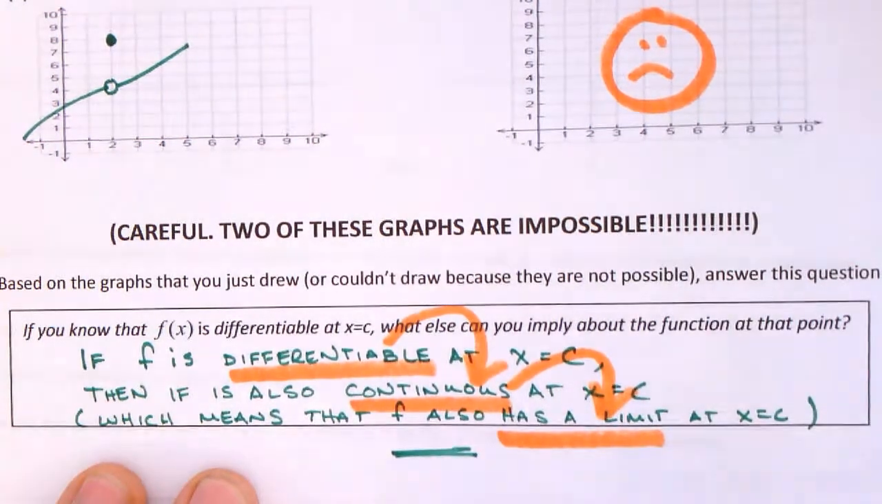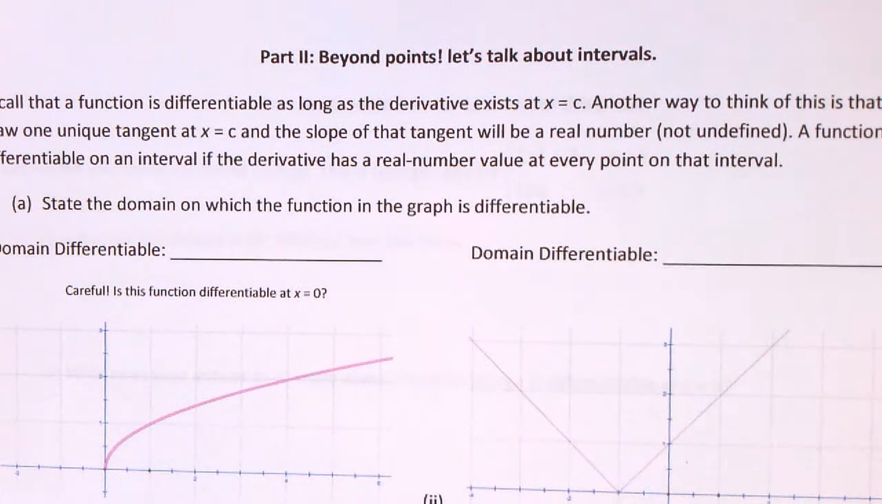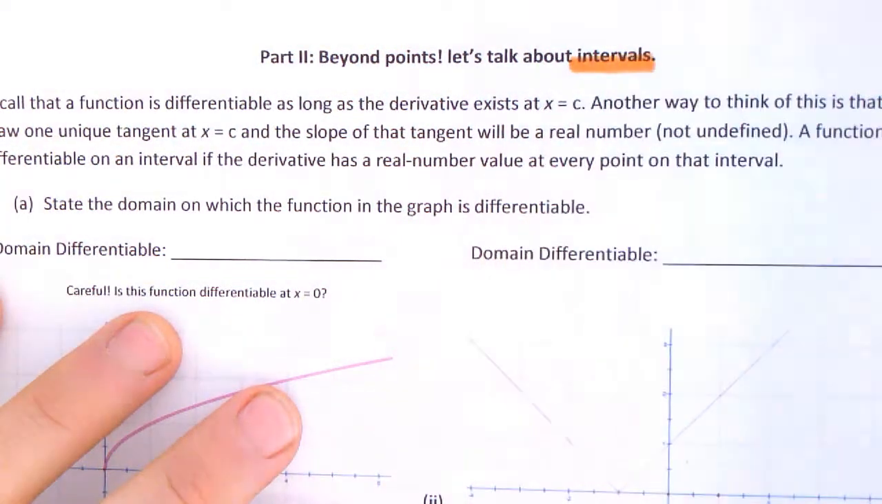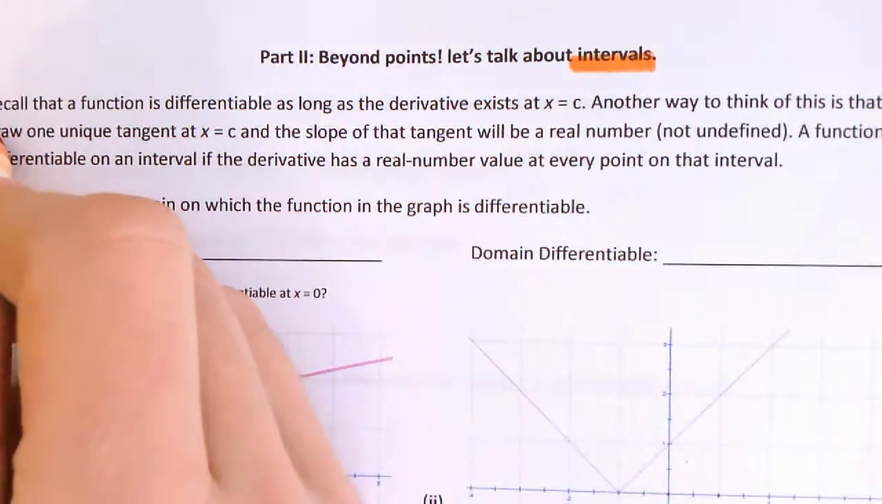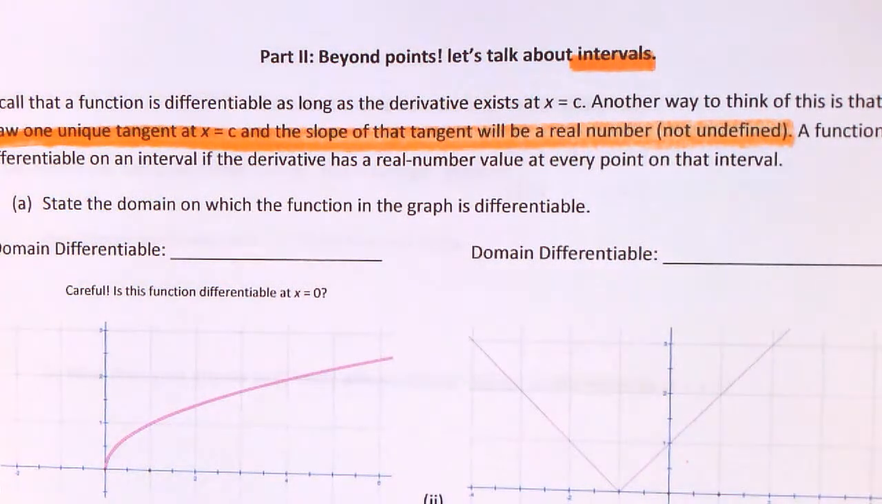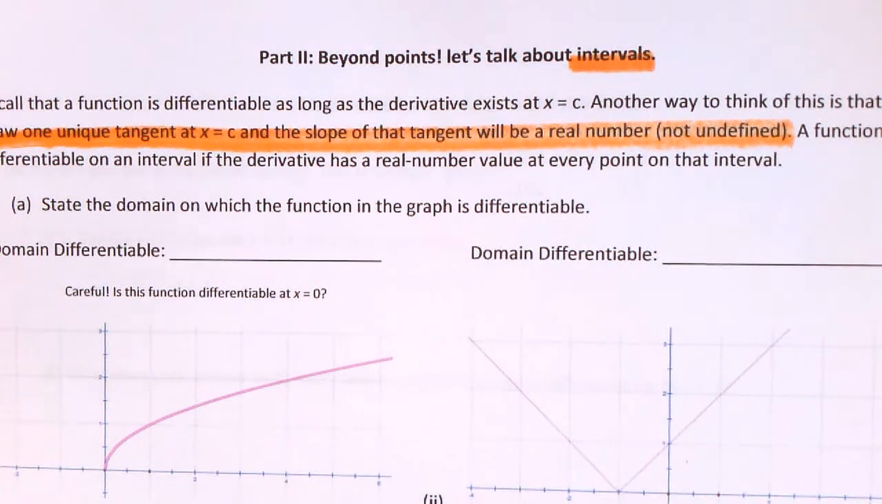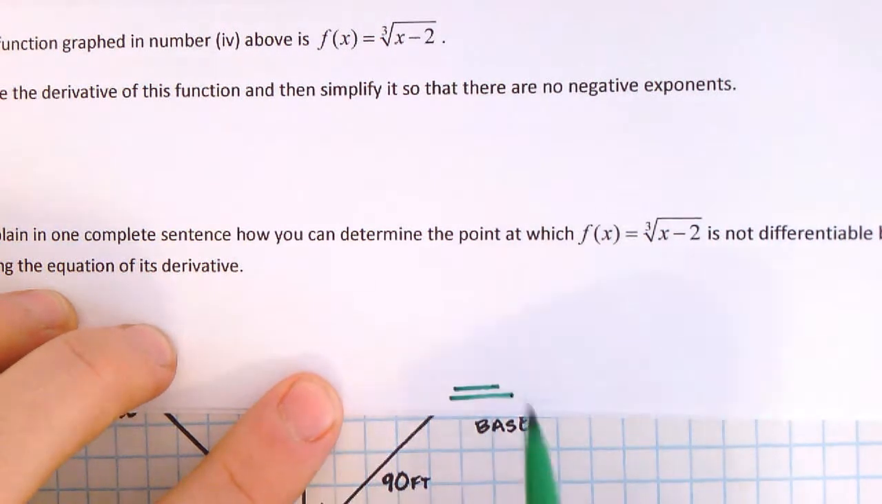When you got that written down, what I want you to do is go to the next page, and the next page is going to look at differentiability, but this time on an interval. Okay? And so we're going to define that as long as you can draw one unique tangent at every point on that interval, you know that it is differentiable on that interval. So what I want you to do is work through all of part 2, which would be this page right here, and then when you get to the bottom, I want you to go